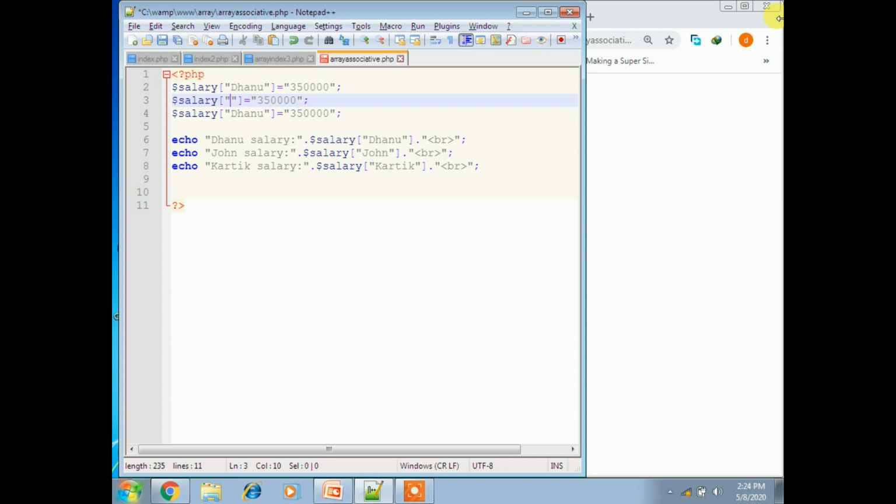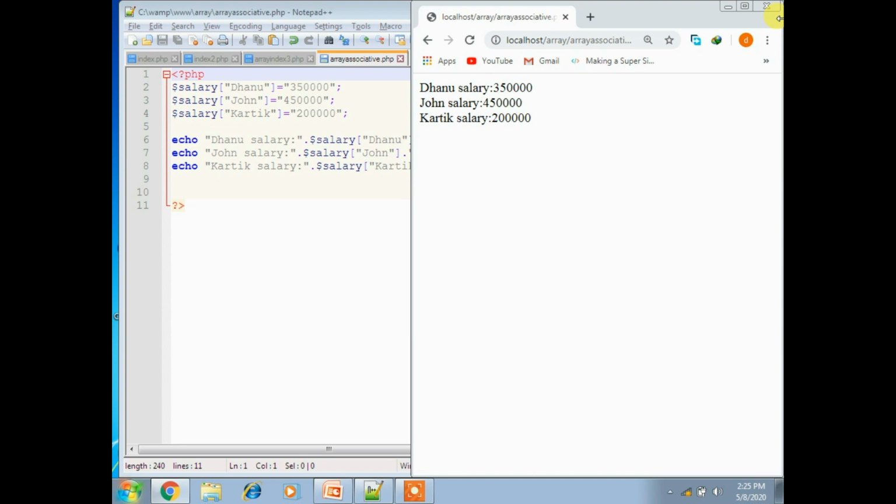You can apply John, you can apply Karthik here. Instead of 35 you can place 4, and here I can place 2 lakhs. Now save the program and run that. You'll get the same values. This is the second method, the associative array.